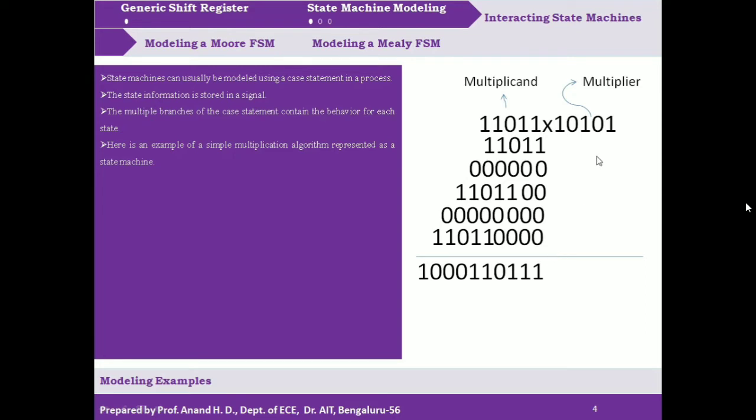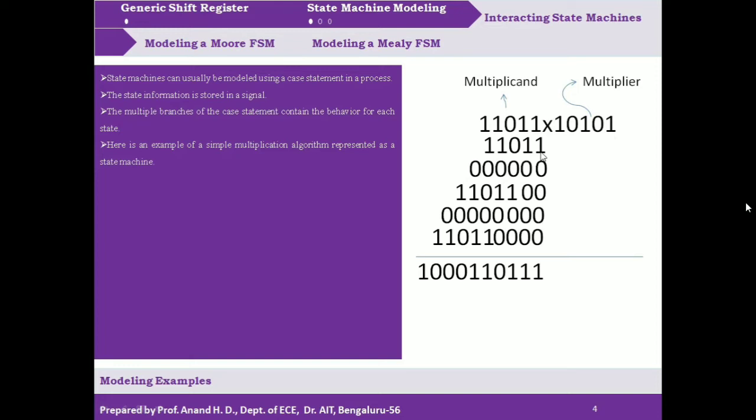Here, if you consider it stage-wise, what is the first stage? We are going to multiply the first bit of the multiplier with the multiplicand. So what will be the contents of the accumulator? Initially it will be 0, and we multiply this multiplier bit with the multiplicand. If this multiplier bit is 1, then what happens? We are going to add this multiplicand to the accumulator. Initially the accumulator will be 0. So here we are going to add 11011. We have multiplied with 1 and we have got this 11011. So this will be added to the accumulator content 0. So at stage 1, what will be the accumulator content?